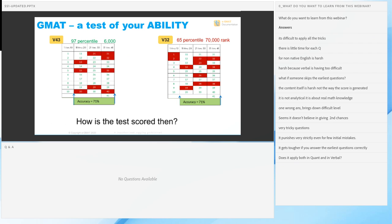Now, one thing which is clear, hopefully, out of this, and take a screenshot of this, because by the time we get to the end of the webinar, we will have addressed each one of these. Okay. So it doesn't give you a chance to commit mistakes. How many of you have